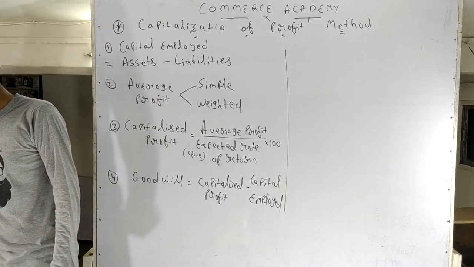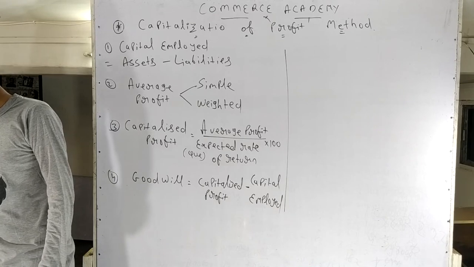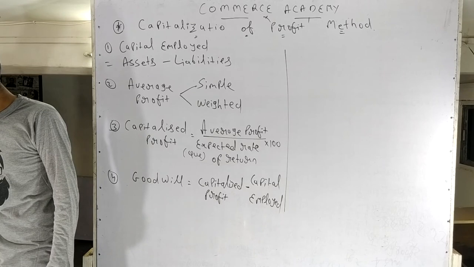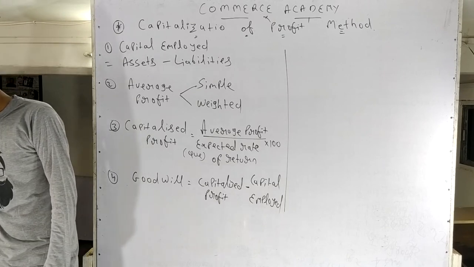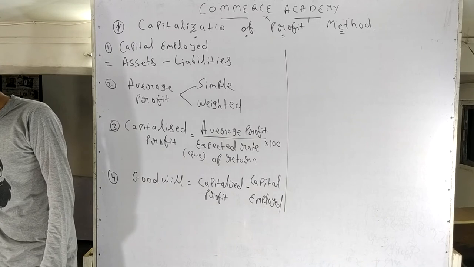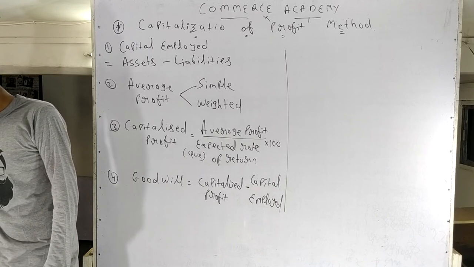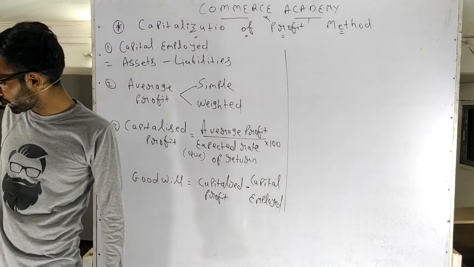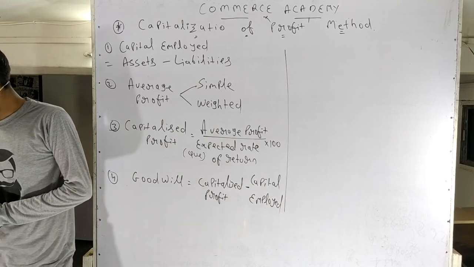7. From the following information of Manoj and Harish firm, determine the value of goodwill by capitalized average profit method. Okay. So we have been given the profits of different years. Then additional information: assets of business 13,40,000, liabilities 340. Expected rate of return of business is 10%.